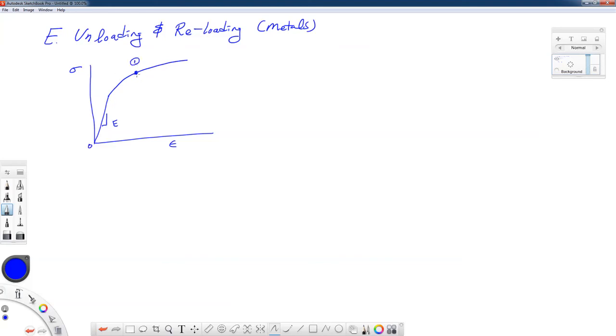And if we were to unload it, we were to release the loads, reducing the stress down to zero load, zero stress. This curve would typically be linear, and it would follow the same modulus of elasticity as what we had for our initial portion of our stress-strain curve. So we are starting at 0, loading it to 1, unloading it to 2. And should we decide to reload it,